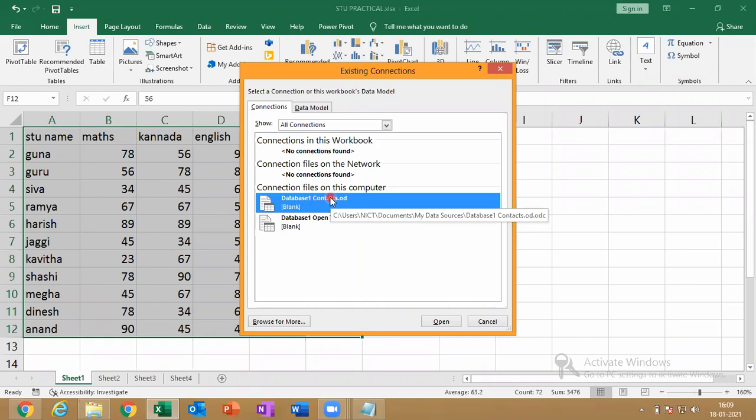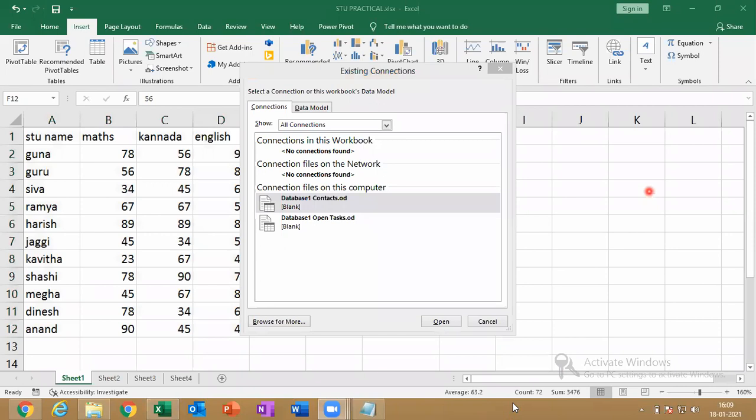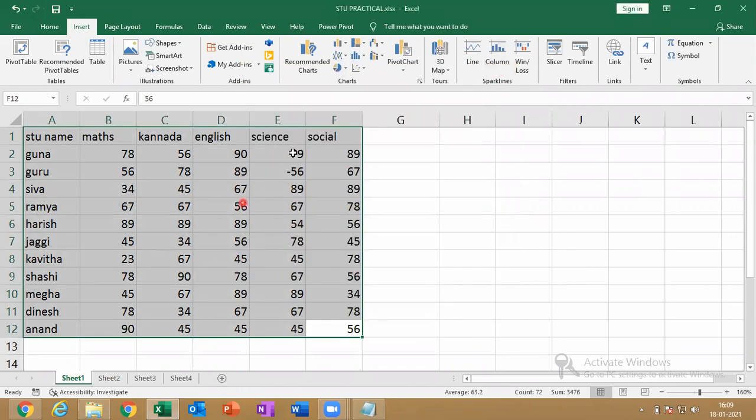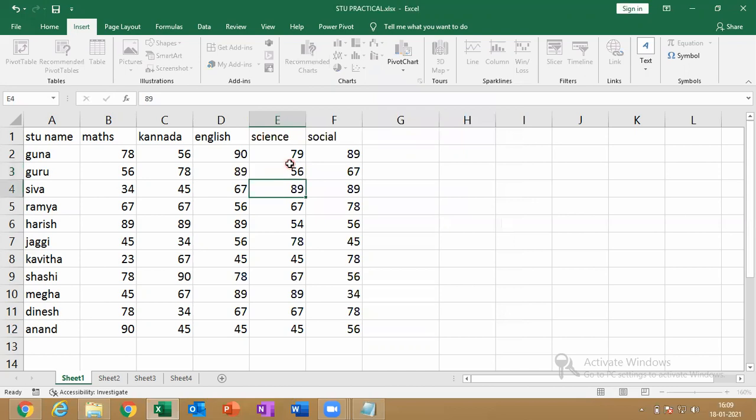Can anyone tell me why I'm getting this error? No, Devika, not like that. I selected this much range, right? It is there properly, right? Then why am I having the error?